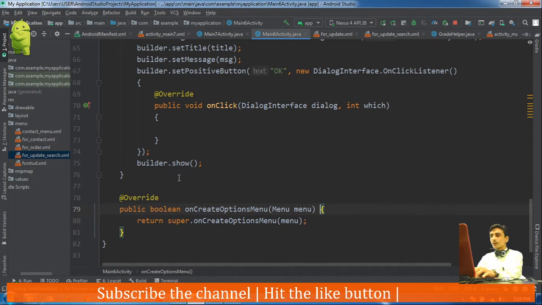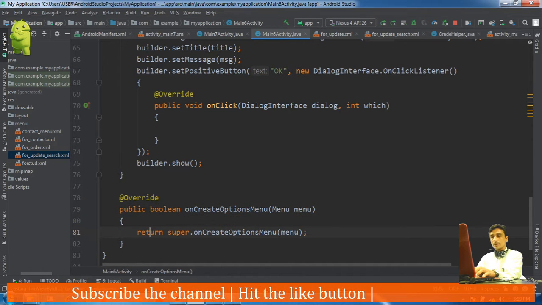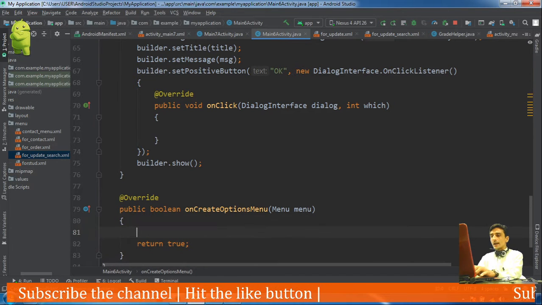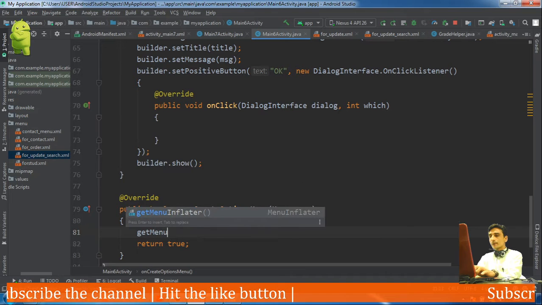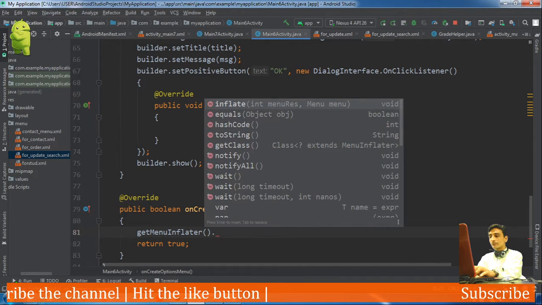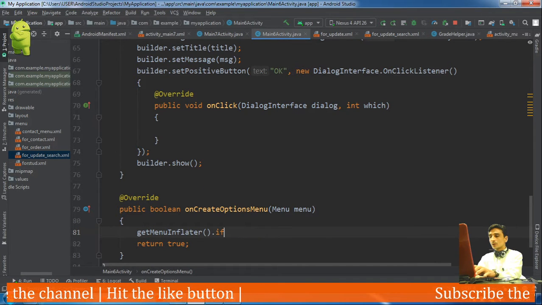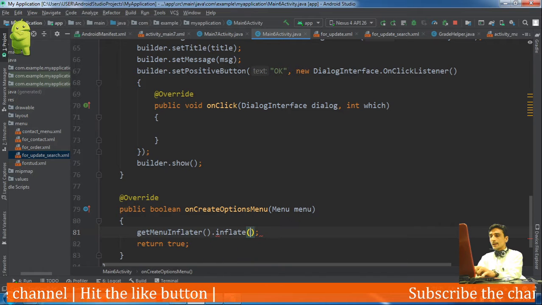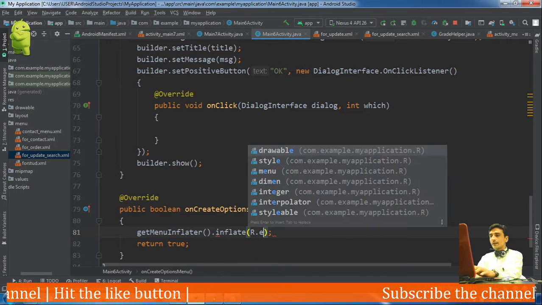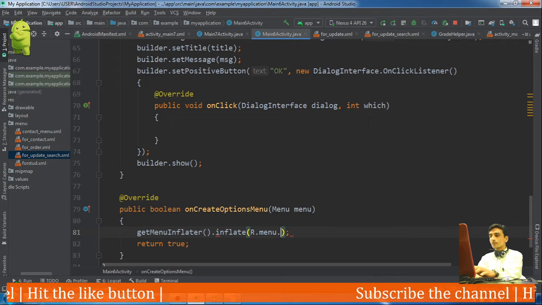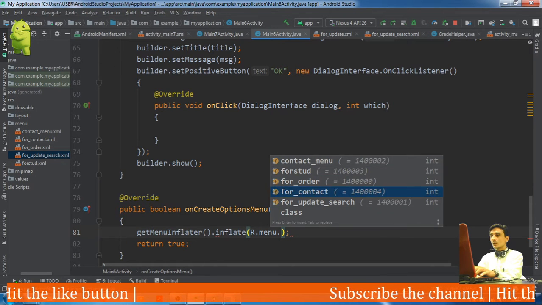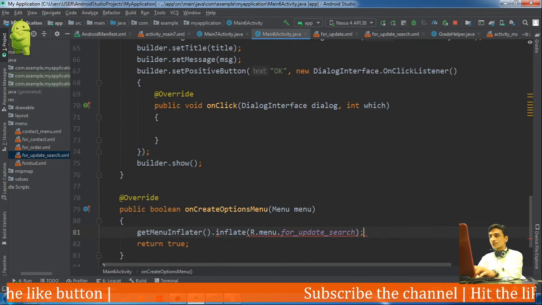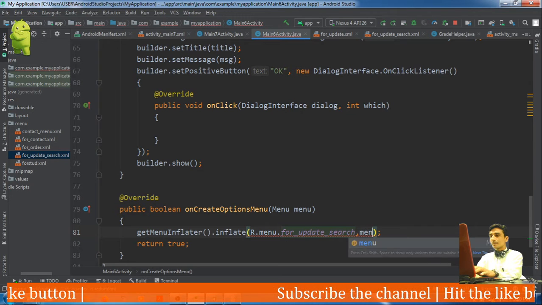And from this method we will pop up the menu that we have just defined. We will return true from here, and we will use the menu inflater by the method getMenuInflater().inflate. The first argument is the ID of the menu to be passed, R.menu.for_update_search that we have just defined, and the second argument is the parent menu.